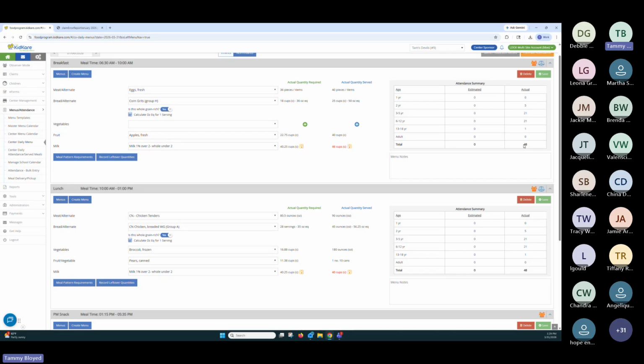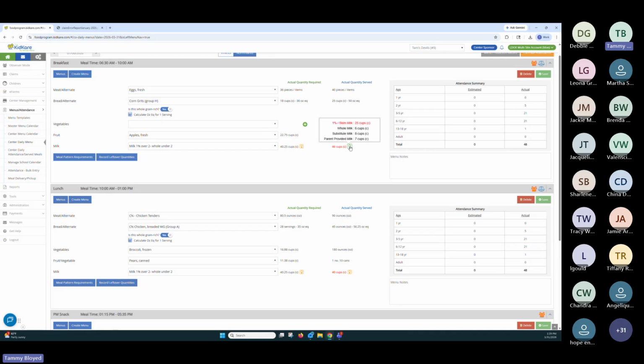So we had 48 children in attendance. It does break down the ages for us. And it tells us it's looking for 40 cups of milk to have been served for breakfast today. Well, we served 46, so what's the problem? In order to get into the details, you're going to have to hover over the little light bulbs here, and they'll tell you exactly. In this case, we had 25 cups of skim, no whole milk, almost 8 cups of substitute milk, and 6.5 cups of parent-provided milk. That is what KidKare is looking for us to have served, based on the children that were clicked as eating.